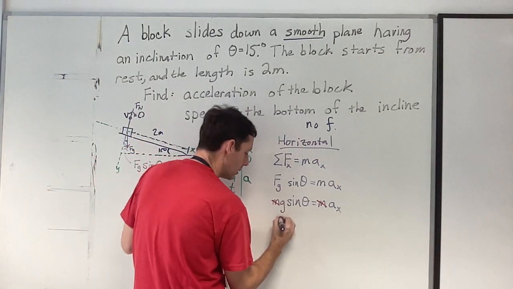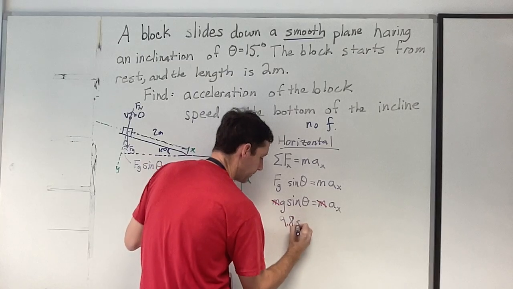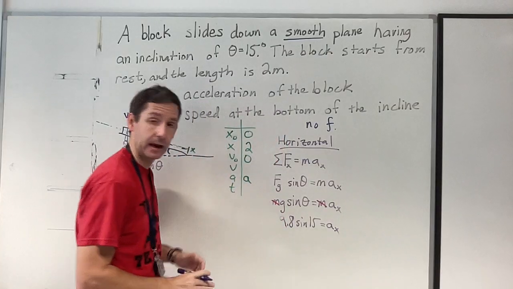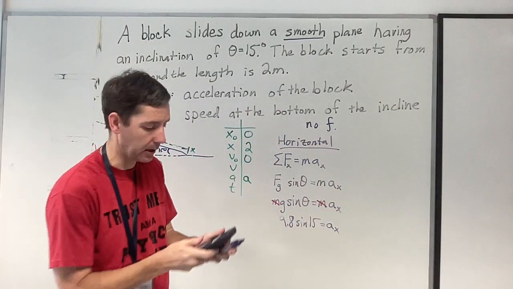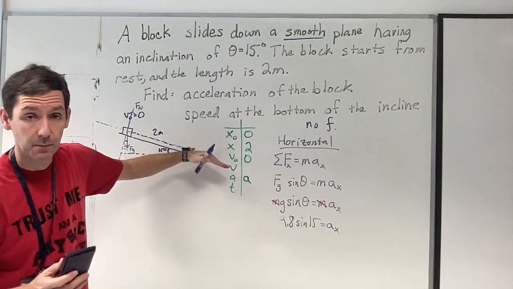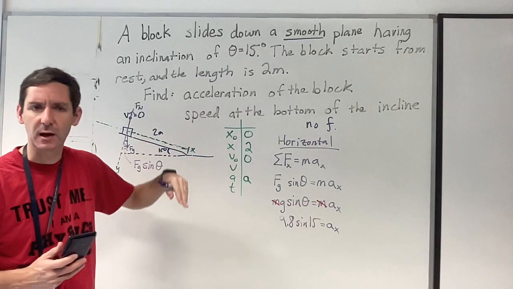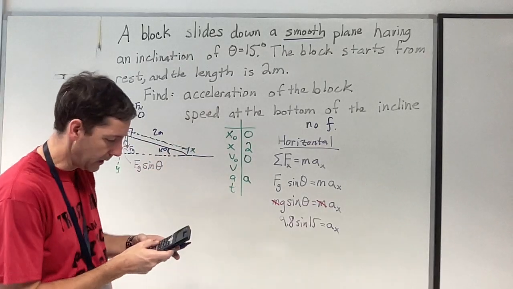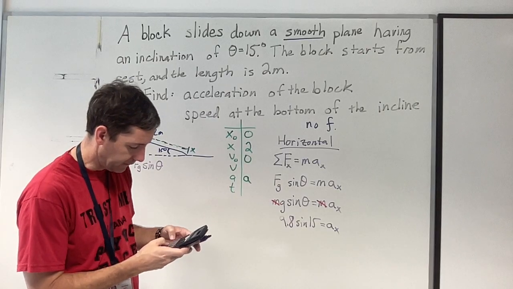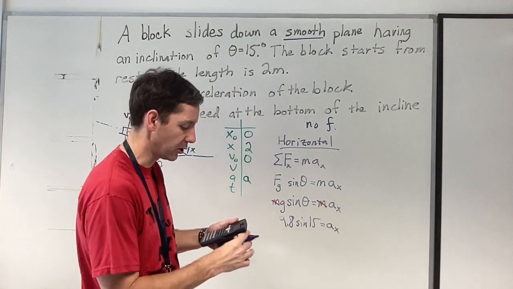And so we have g, which is 9.8 sine of 15 equals a_x, and then I just plug it into my calculator. Remember, this is positive 9.8 if I have defined positive to be down my ramp, which I usually like to do because I know that's the direction my object's going. So I'm going to go 9.8 times sine of 15. I am going to make sure I'm in degrees, not radians. Okay, and when I push enter, I get